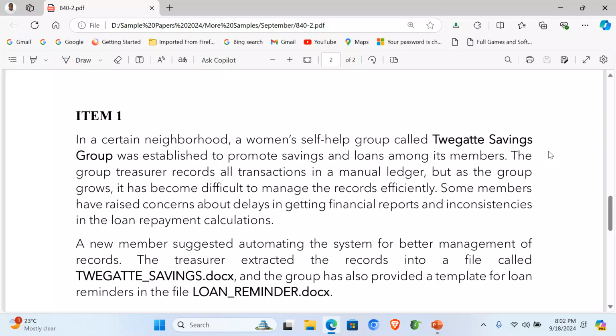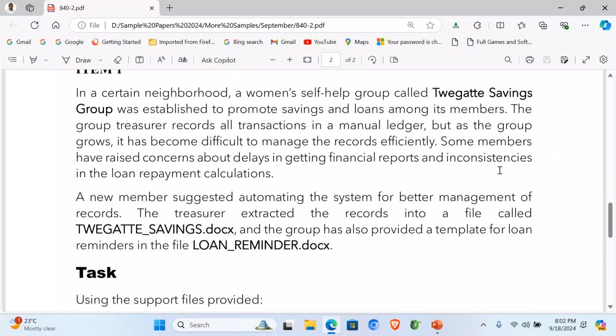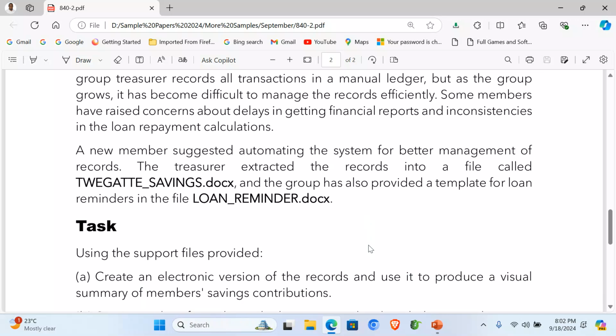The treasurer extracted the records into a file called Twegatte Savings.docs, and the group has also provided a template for loan reminders in the file loan reminder.docs. Now, the task: